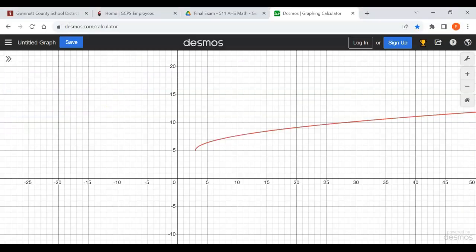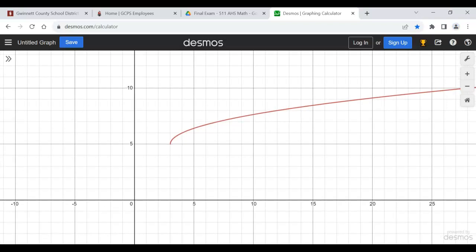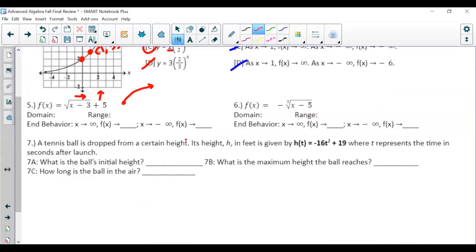So again, notice here when you graph, here you go. So 3 right, 5 up. So we're starting at the point (3, 5). So the domain is x's starting at 3, y values are starting at 5. Notice how we're going to the right. So our x's are greater than, and our graph is also going up. So our y values are also greater than. So the domain is x's are greater than or equal to 3, and y values are greater than or equal